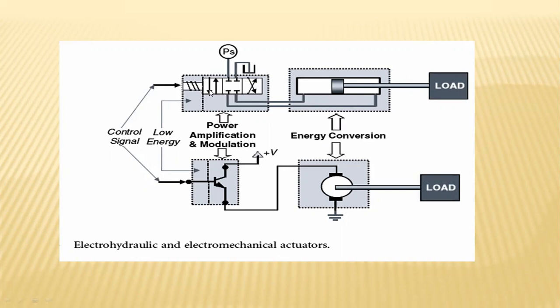Hence, we will have the passage of fluid from 1 to 2. You will have connectivity from here and connectivity from here, which is considered in the return stroke. So in the first position, the load needs to be carried from this place to the back position, that is, from this position to the left side position. For example, this is the position to be achieved.